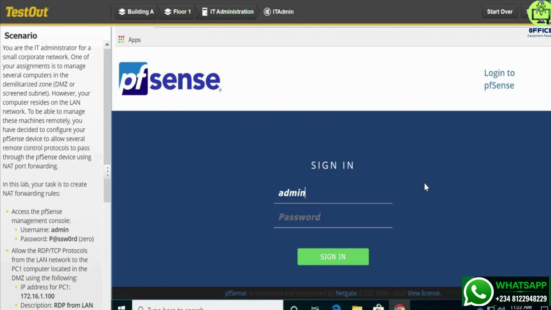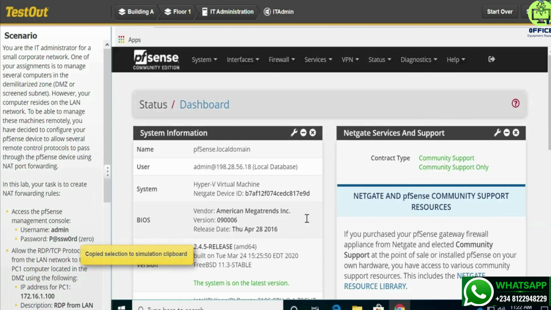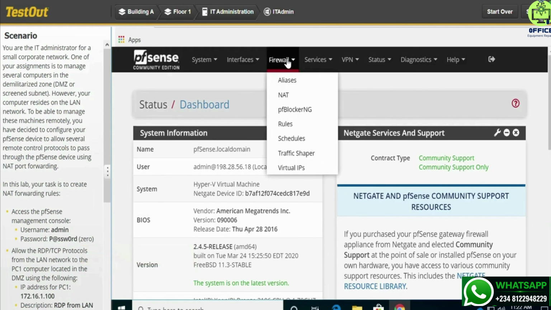We just input the details, the username and the password provided. For the password, I will just copy and paste it in. You can always type it in if you choose to, but because of time, I will just copy and paste. So we sign in and we go to Firewall and NAT,